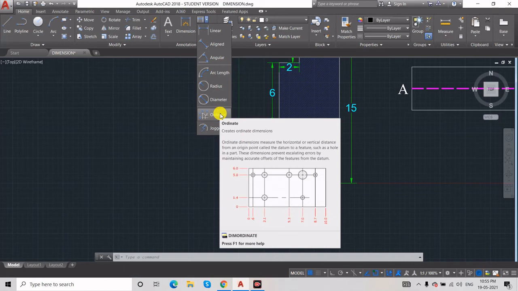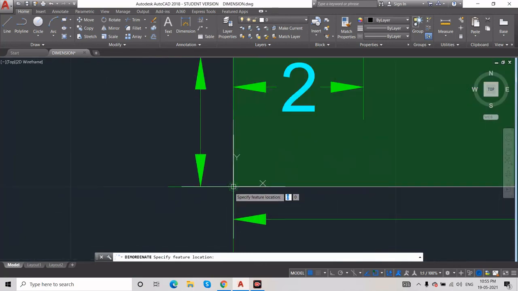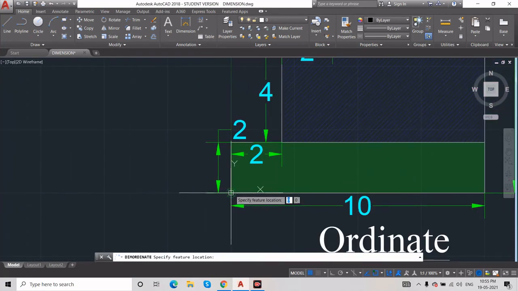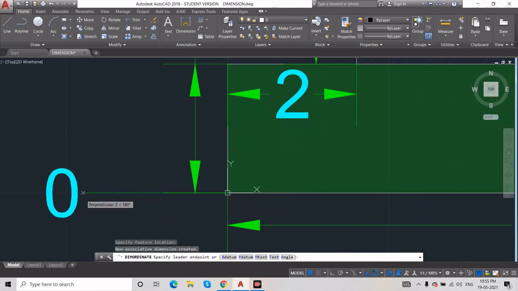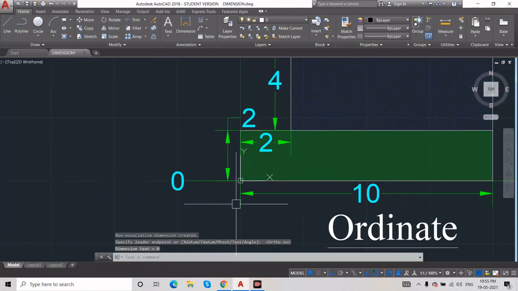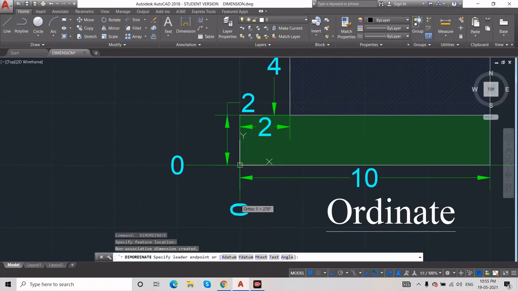We have to enter the entire dimension ordinate. We have to enter all the values, then we will get it. So from this is our 0 0. So this is our 0 in x direction as well as in y direction.